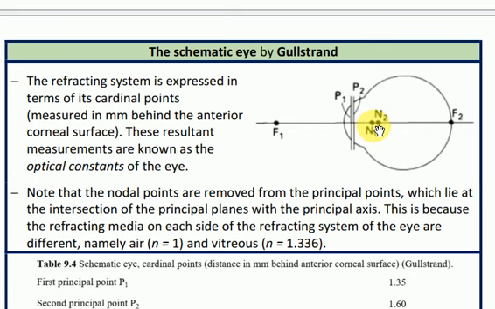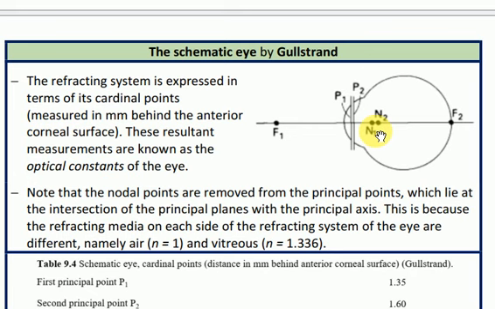Second nodal point 7.3 millimeters. First focal point -15.7, second focal point 24.4 millimeters. Refractive power of the total eye is +58.64 diopters,